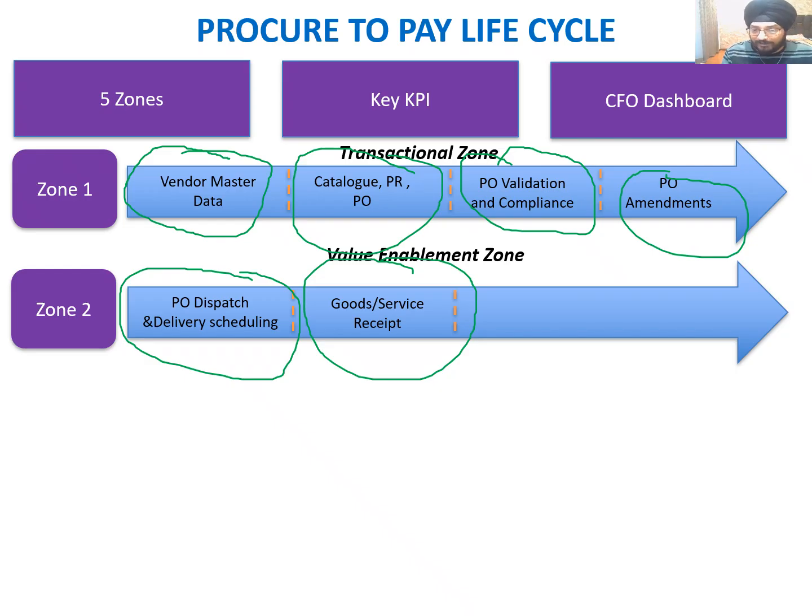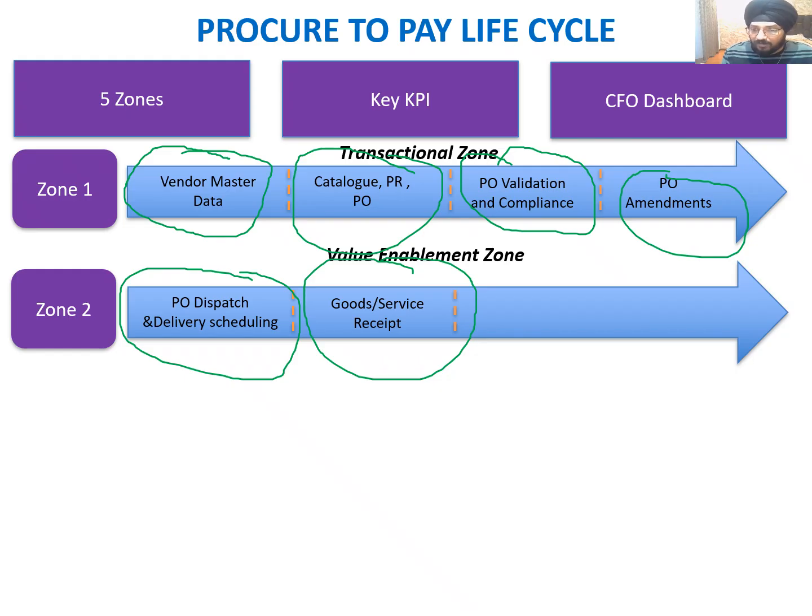So we need to make sure that there is a proper record to ensure that we have either received the goods, and if it is a service PO, that the person or the department which has raised the purchase order has consumed the services. So someone has to stamp that confirmation that they have received the goods in the store and the warehouse, and we are clear that the purchase order we raised has been honored once we have received the goods. And in the case of services, the department that has consumed the services needs to create an SRN, which is a service receipt note, to ensure that they have actually consumed the services, because their stamping is